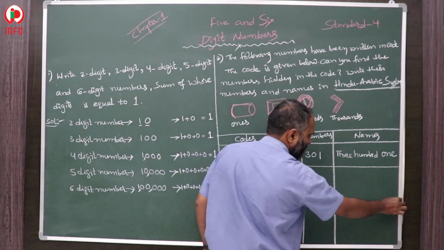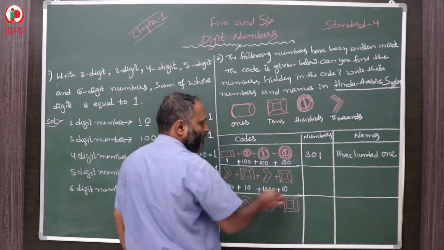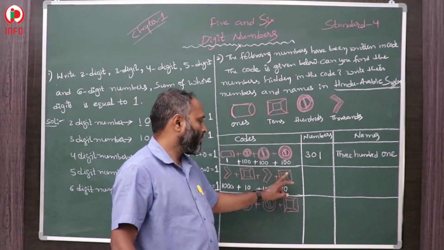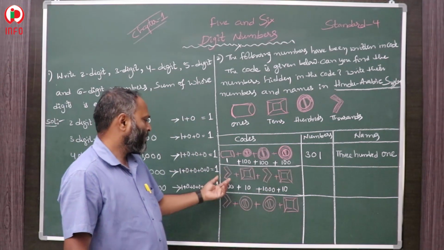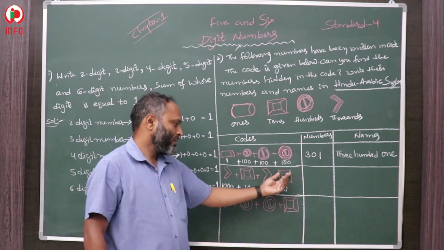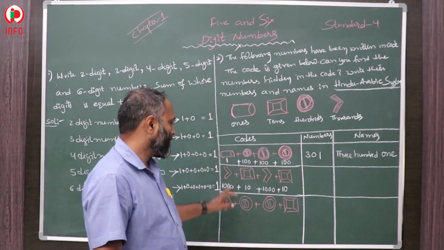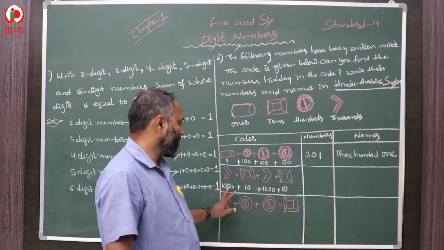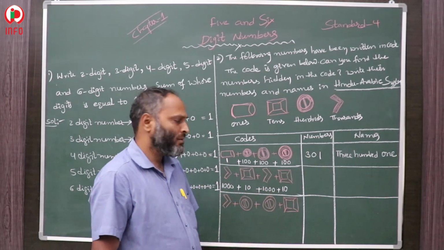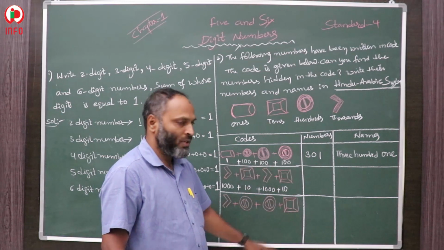Then arrow, square, arrow and square. Arrow means 1000, square means 10, arrow means 1000, square means 10. Here 2 arrows are given, means 2 thousands. 1000 plus 1000, 2000, 10 plus 10, 20. It means